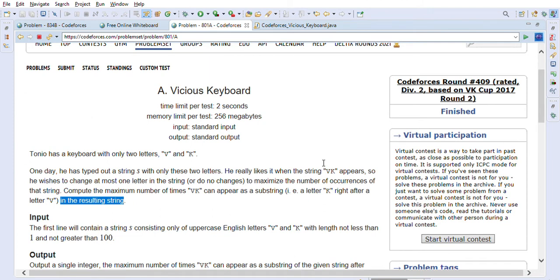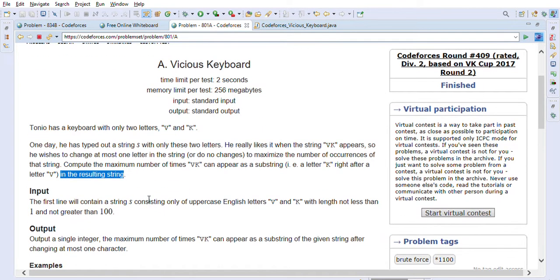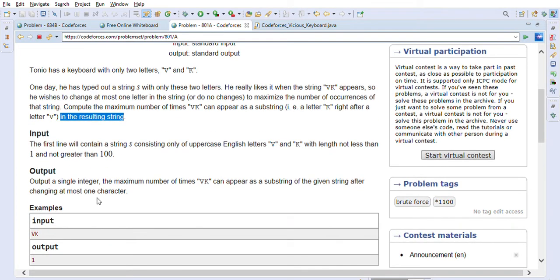And they said that we can do one change, so one change is allowed, right? As you can see, the first line of the input will contain a string S consisting only of V and K letters, because his keyboard can only type V and K letters, so they will give us one input string with V and K letters.